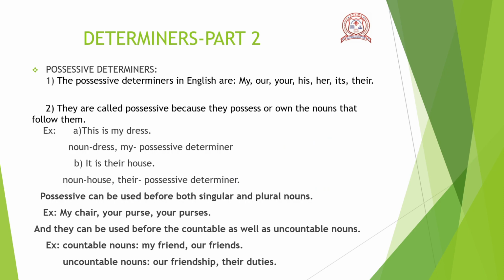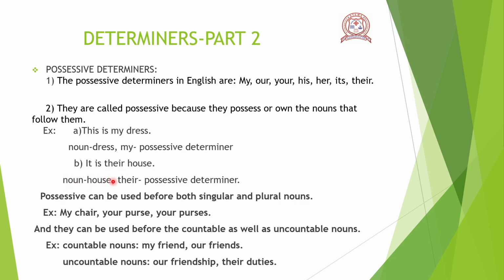Okay, now we will move on to possessive determiners. The possessive determiners in English are my, our, your, his, her, its, their. They are called possessive because they possess or own the nouns that follow them. For example, this is my dress. Here, the noun is dress and my is the possessive determiner. Next example, it is their house,